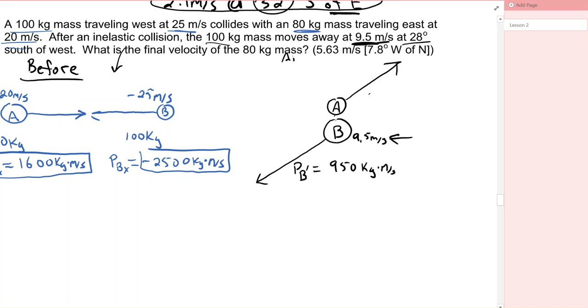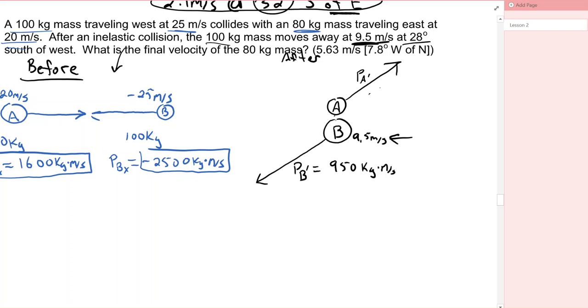So this is after. And what we always do when things are written on angles like this is, I can't math angles. I can't figure it out when they're on angles. So what I want to do is figure out the X and the Y. We've got to figure out the components of these guys. So I don't know the momentum of A after. But what we can do is piece it together. So if I figure out what